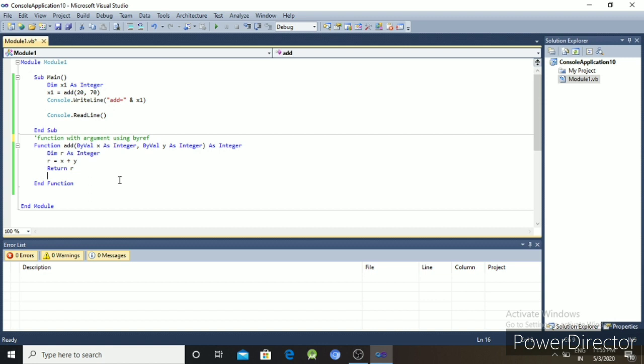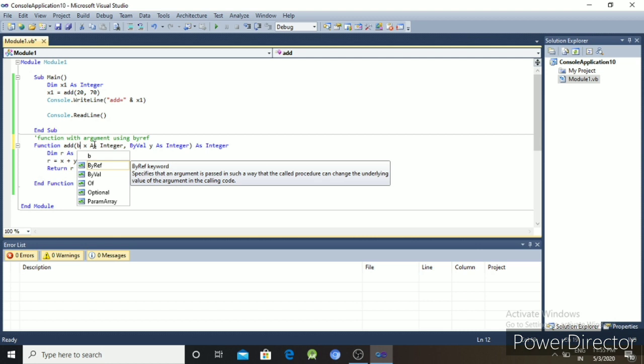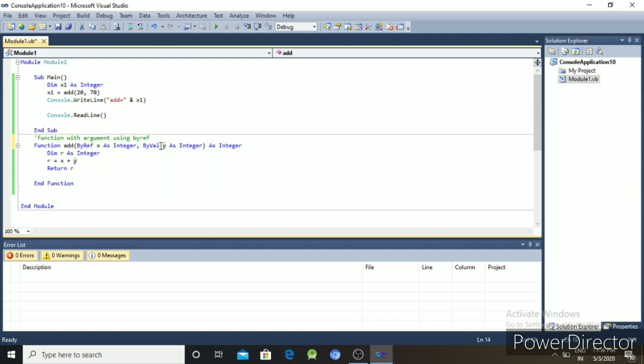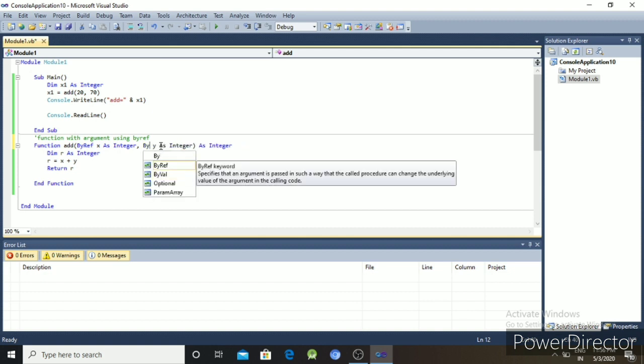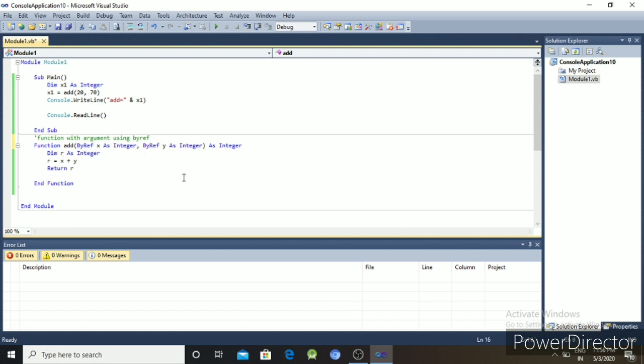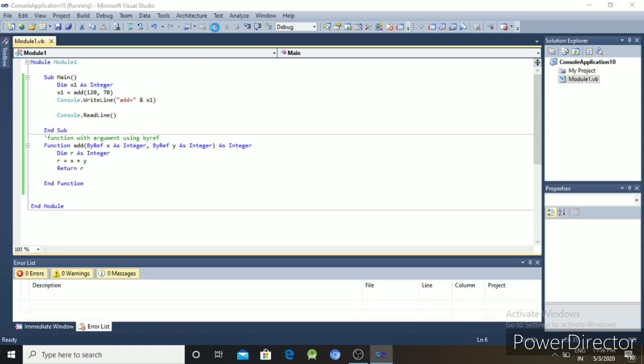Then the third method is a function with argument using the ByRef keyword. That means ByRef, that means reference. So here we use ByRef. We already gave ByVal, and Optional and ParamArray can also be used. So the third method is ByRef. Here you change the keyword to ByRef, and change the values, then execute again and find the output.